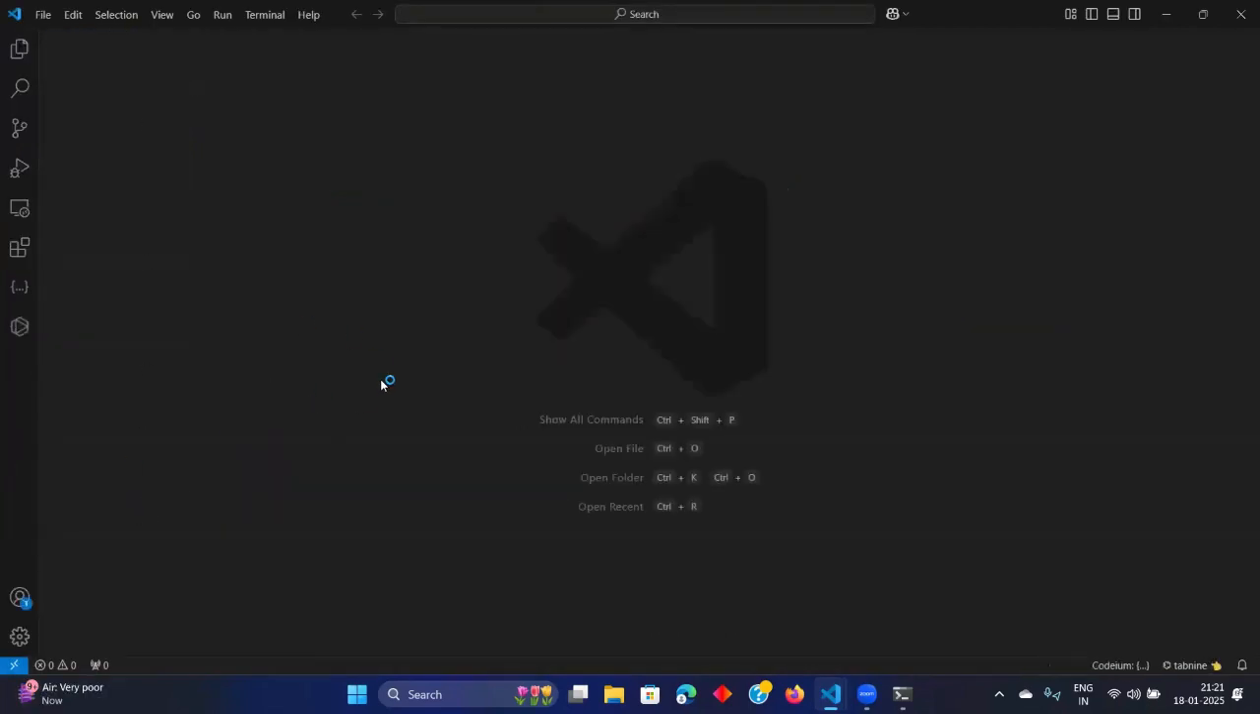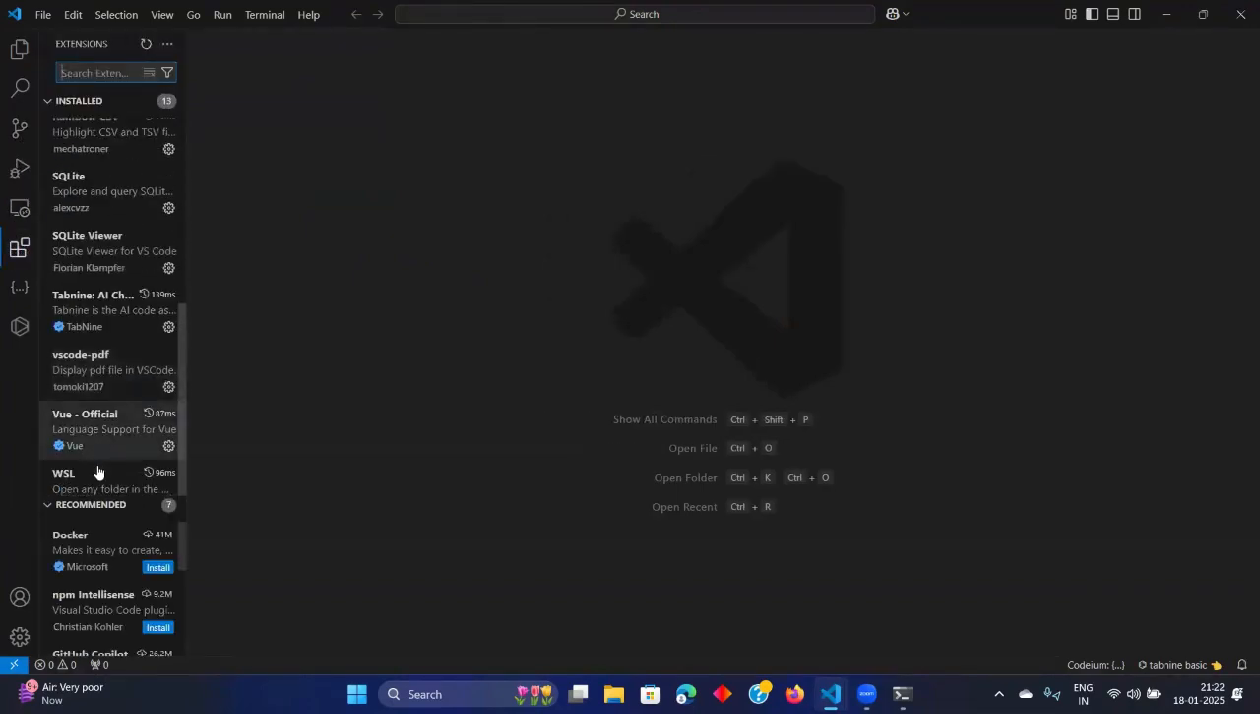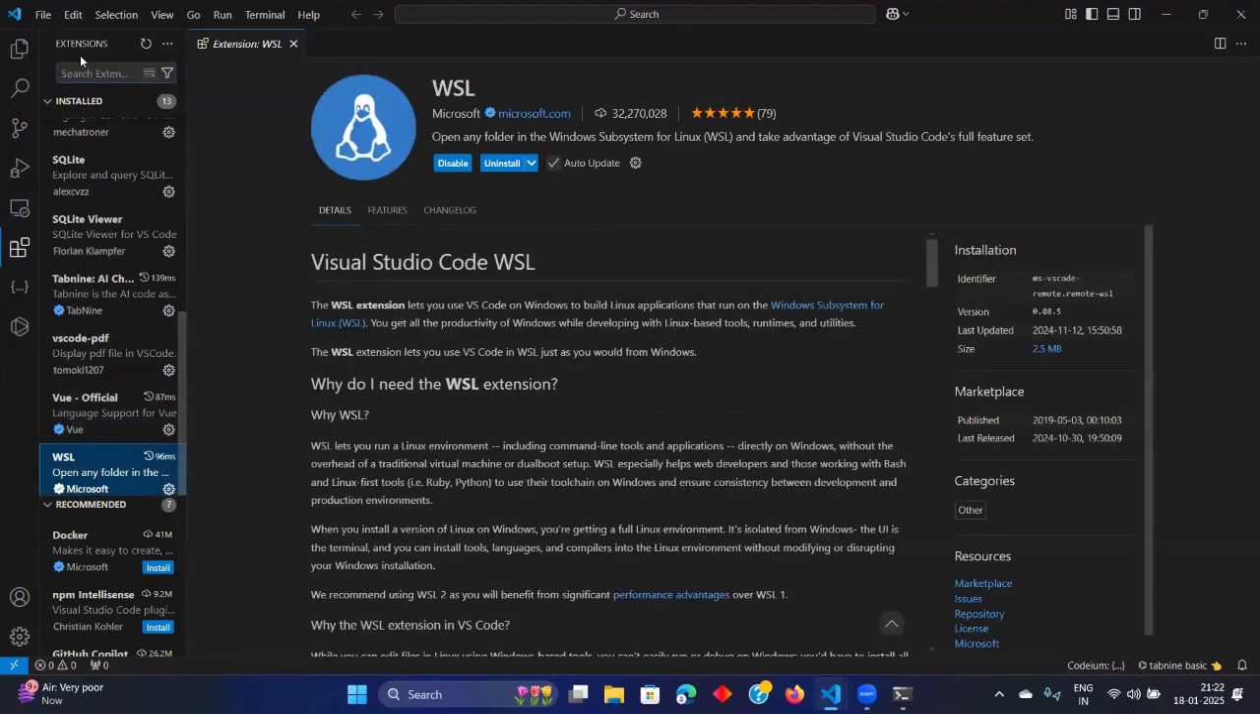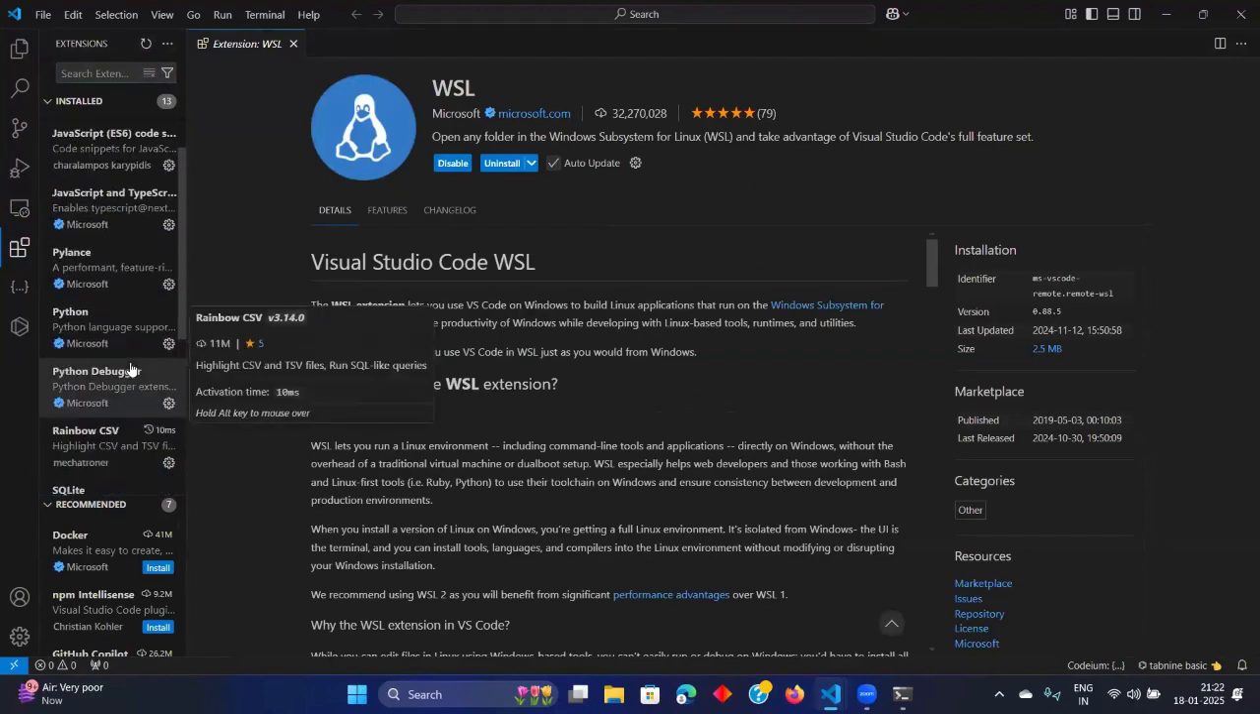This is your VS Code. If you have installed WSL in your system, just do one thing. Install the WSL extension also in your VS Code. This is a WSL extension I have already shown you. Just search for the extensions WSL, connect it with here, and after it gets connected here,